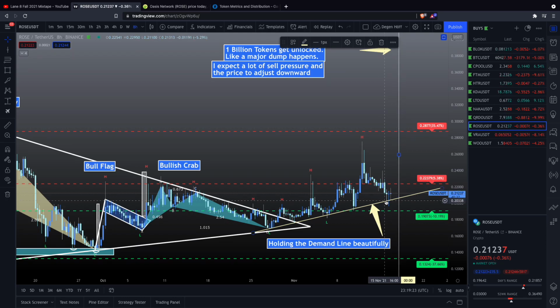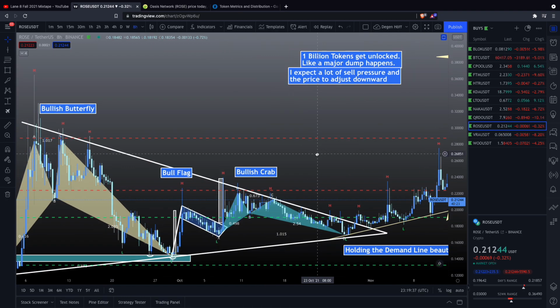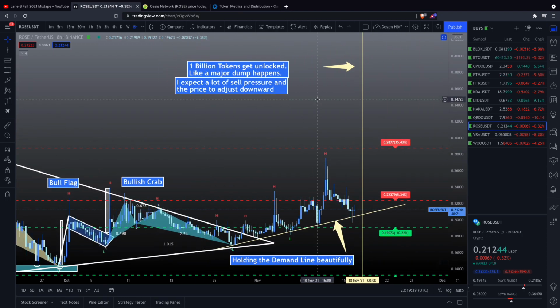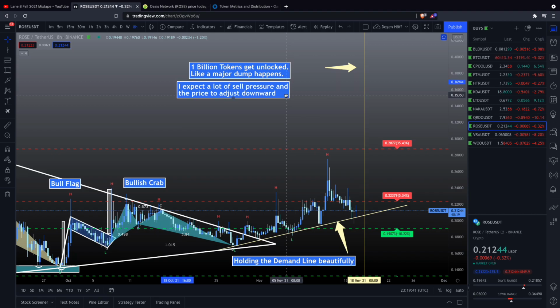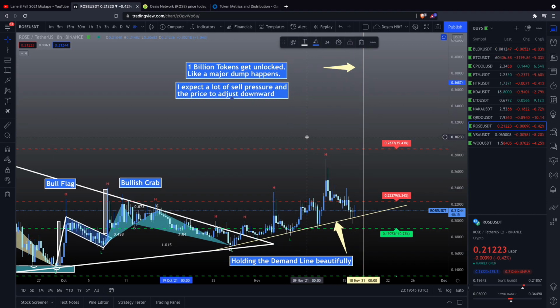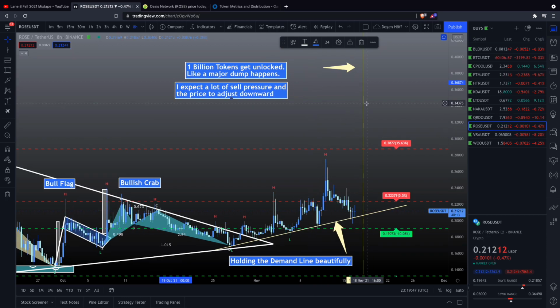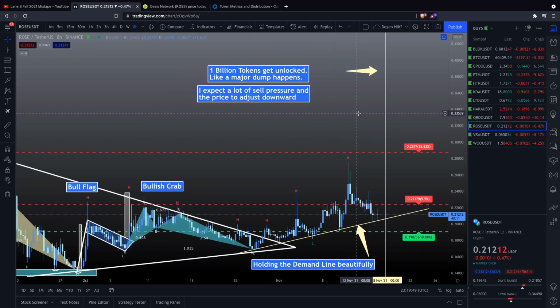So even though we're sitting on the demand line as support, and you would expect once we break above this dashed red line that we could have a nice run up to here, 28.7 cents. The challenge with that is now the existing supply is going up by 1 billion tokens. So if everyone dumps their tokens at the same time, right here tomorrow, the net sell pressure is going to